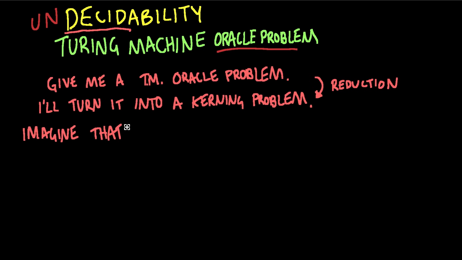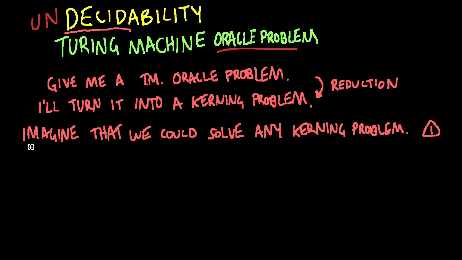Next, imagine that we could solve any Kerning problem. This is an assumption that we make for the sake of contradiction. This will turn out to not be true, but we're going to imagine that that's the case. And then we see that we have the contradiction. This is impossible because if I could solve any Kerning problem, then I could solve any Turing machine oracle problem, because what I do is I turn the Turing machine oracle problem into a Kerning problem, solve that, and then